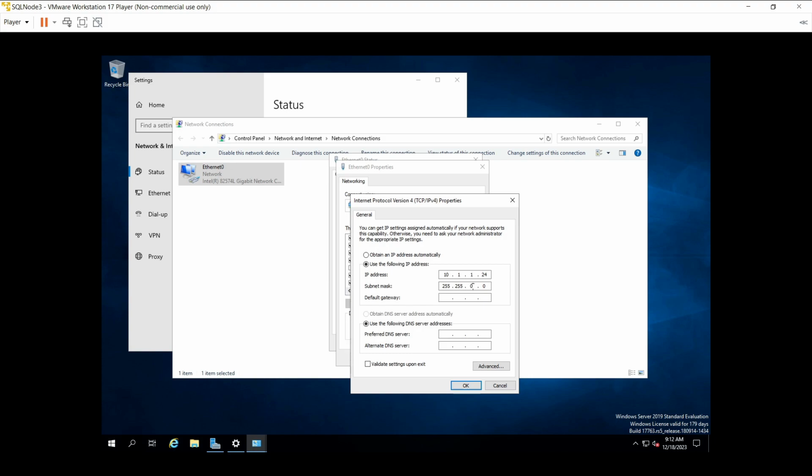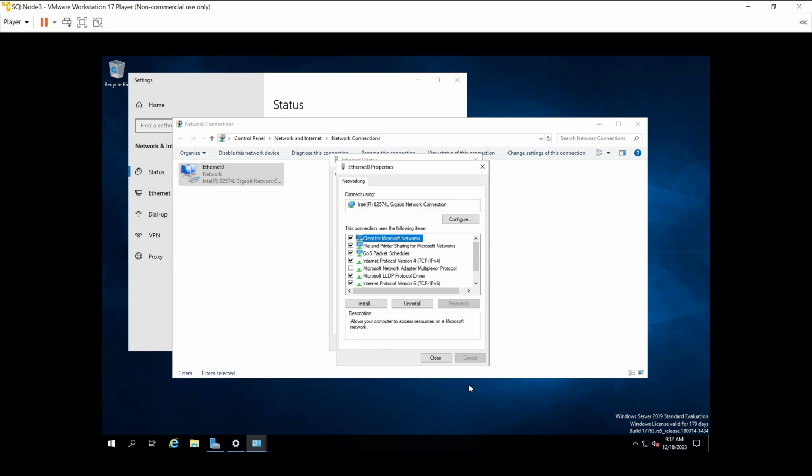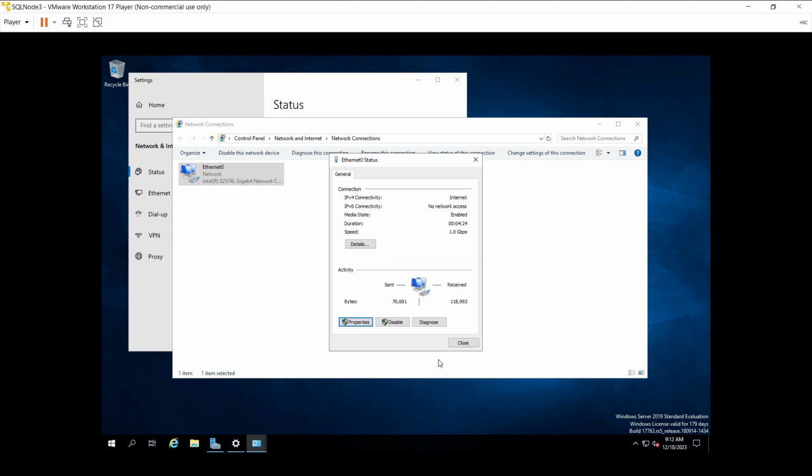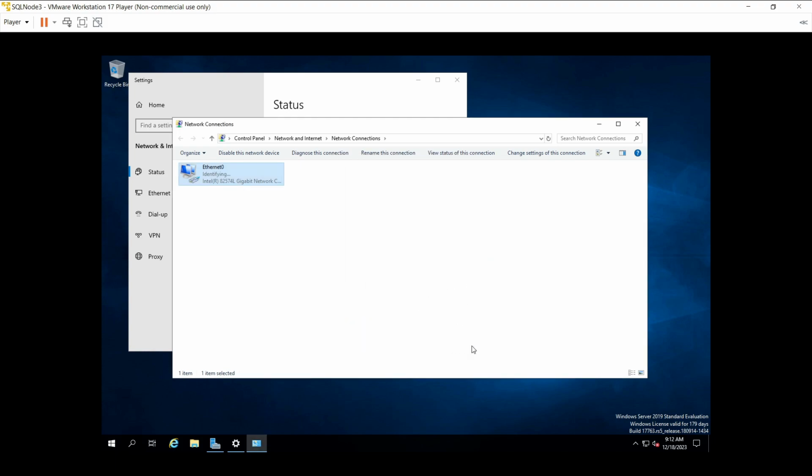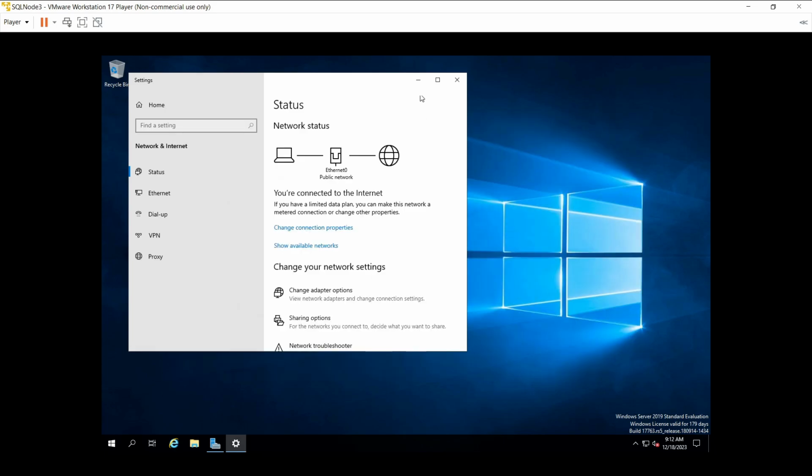255.255. Then yeah, and here there is a default gateway as the main DC controller 10.1.1.21, and same as the DNS server, means whatever the requests are, they directly go to their default. Okay, as a DNS preferred. Close it. And yeah, the next thing is that we have to rename the computer, and we have to join